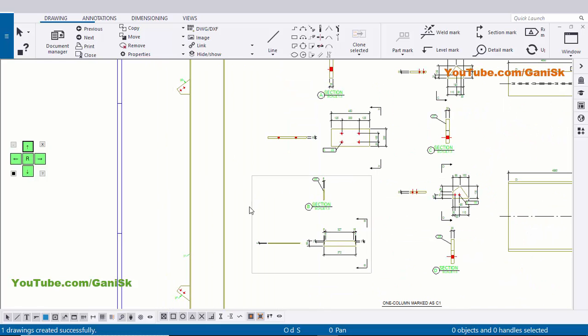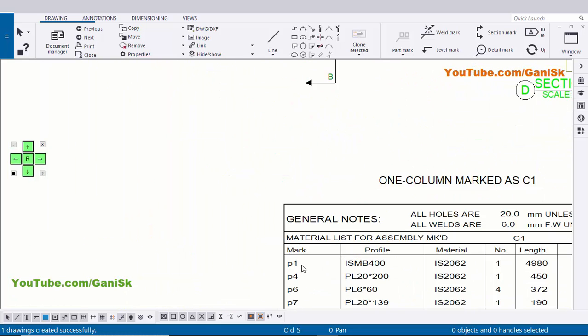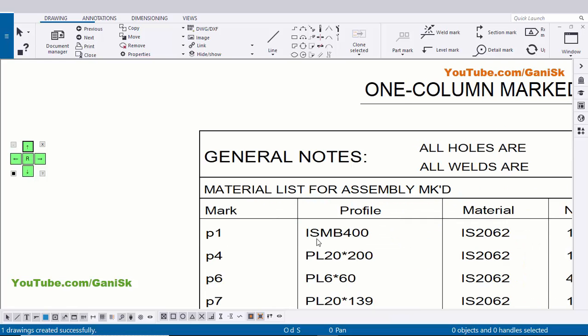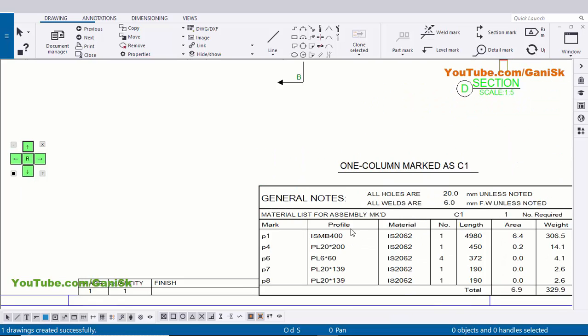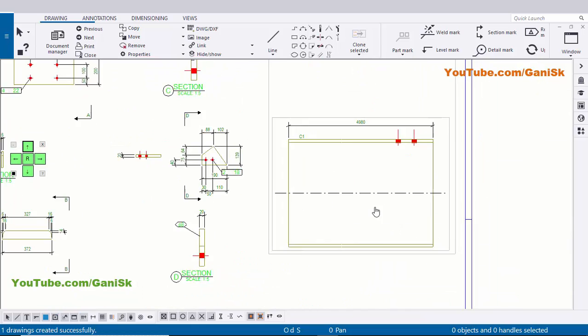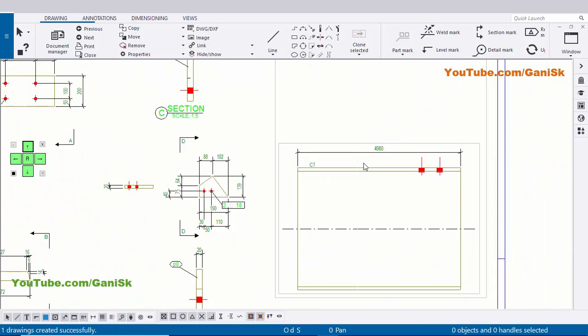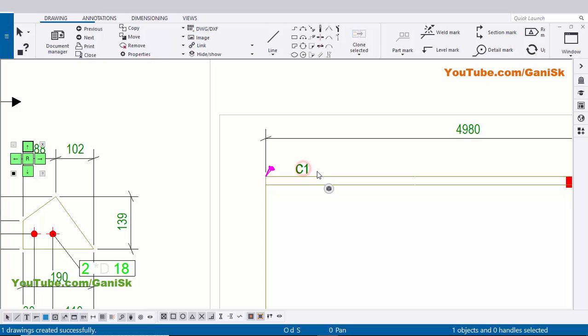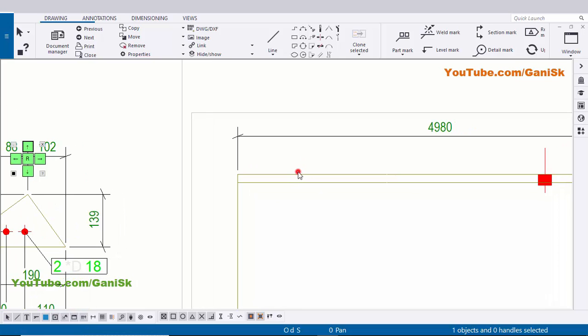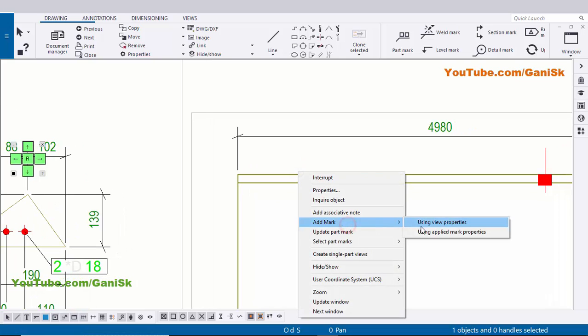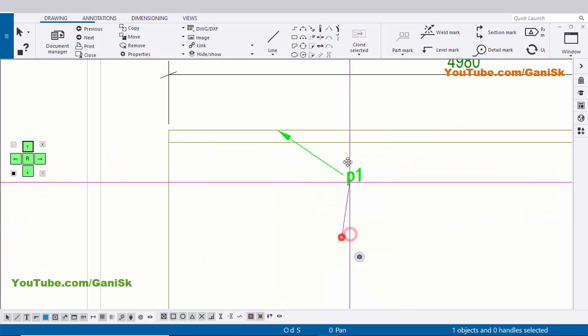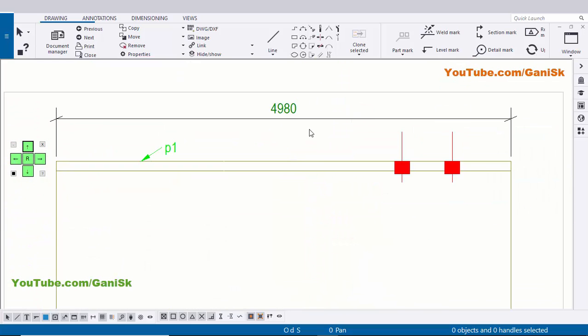Okay, now coming to single part drawings. First of all, we are going to create the P1 part number, dimensions and profile number and everything. So now coming to this one, this is part 1. So delete this number and select it, right click on mouse, add mark and apply. You can see now I have the part number P1. We have total length here